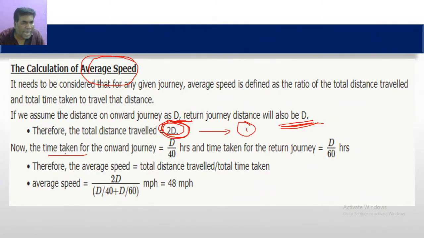Now what is the time taken for onward journey? We know that velocity is equal to distance by time. So now what is time? T will go here and we will come here. We can write speed by velocity. We can write, sorry,